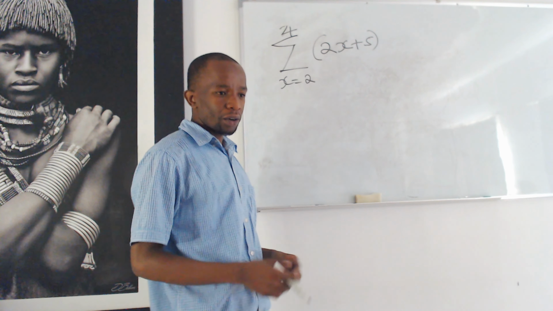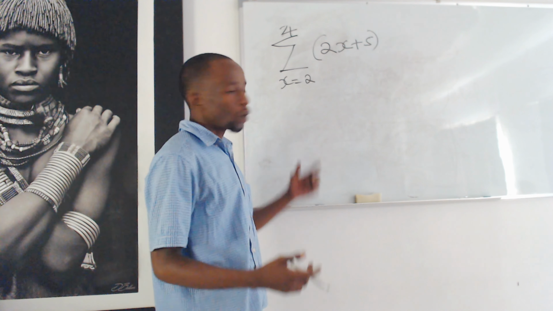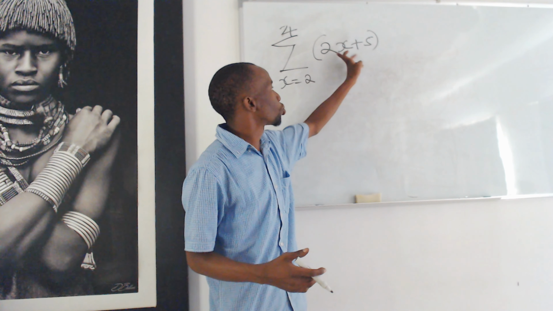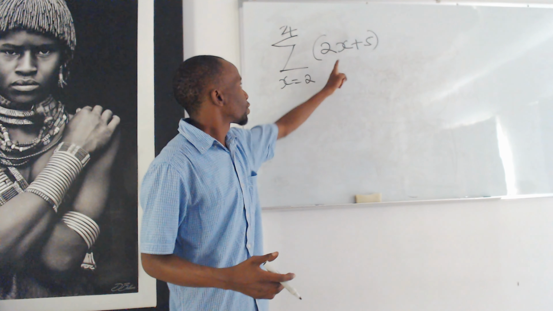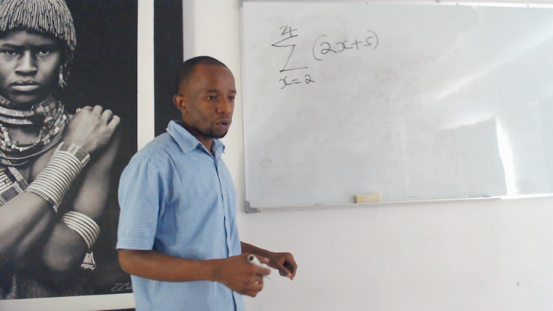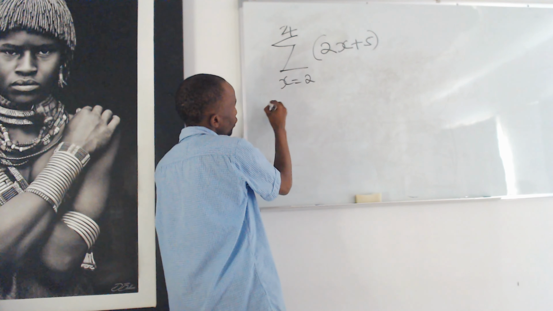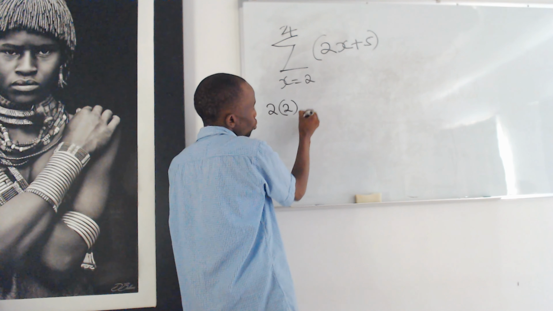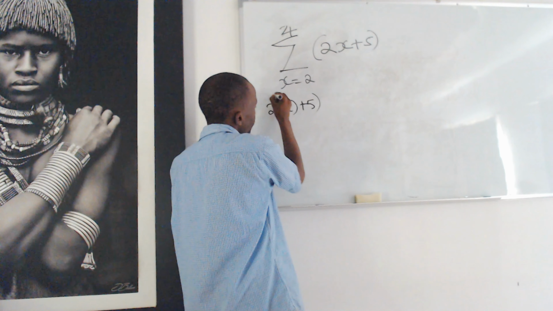How do you go about that one? Very simple again. What you need to do is add 2x plus 5, starting where x is equal to 2 up until when x is equal to 4. So this is going to be equivalent to 2 multiplied by 2 plus 5